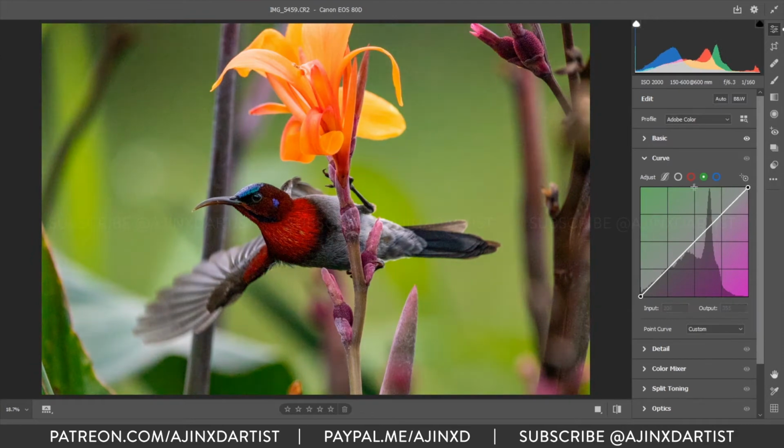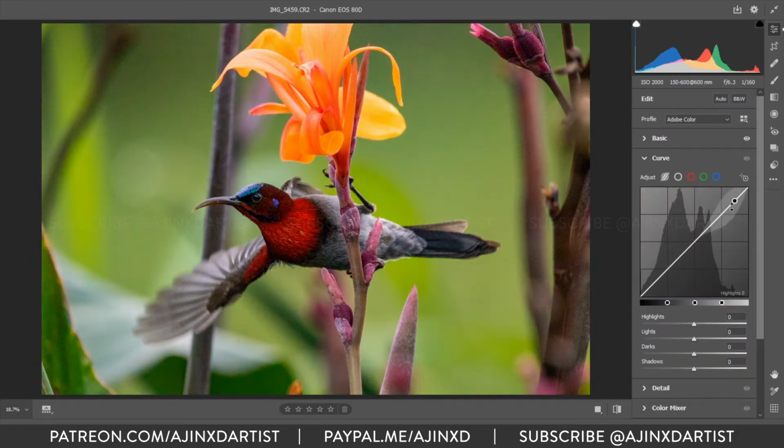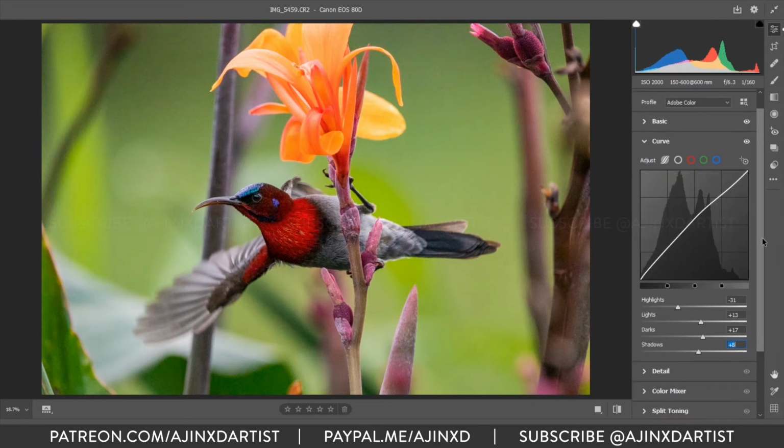I don't want that, so I'll just adjust the basic curves. Again, pulling down the highlights. You can see in the sliders below here, you can do this way as well. Light is fine. The darks can be a bit lighter, and the shadows as well, not too much.